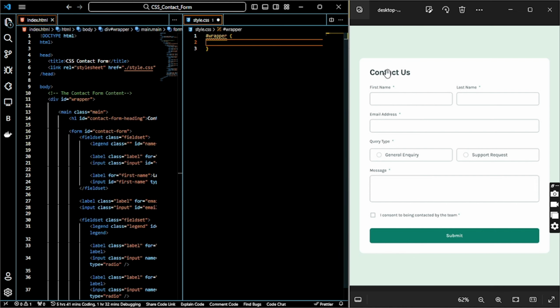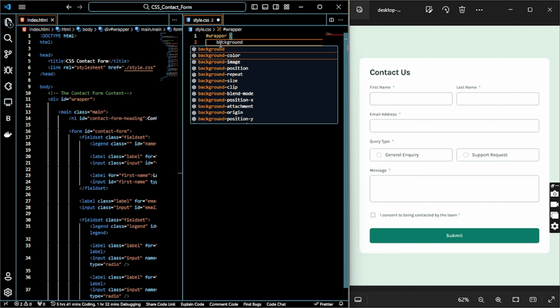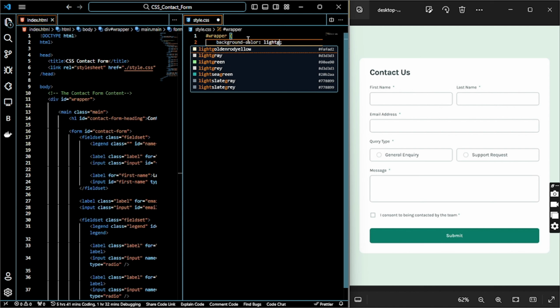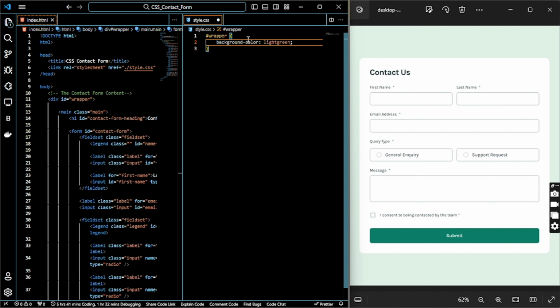All right, so now in our wrapper, remember I said the wrapper is basically the whole stuff that wraps the whole form and the card itself. The first thing is the wrapper has a background color of light green, right? So let's add that in. We're going to be fine-tuning a lot of styles as we go on, but this is just so you can understand how to style in CSS. So background light green,